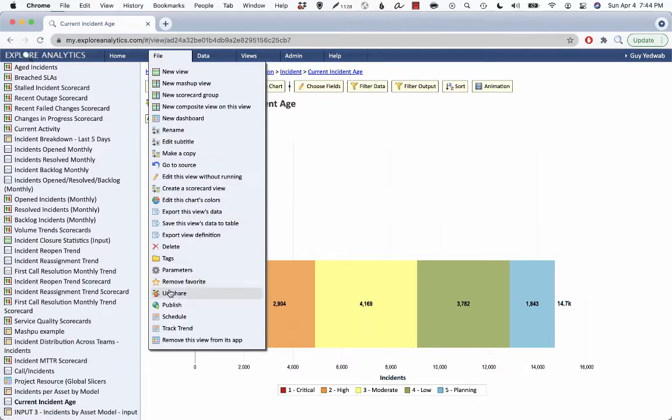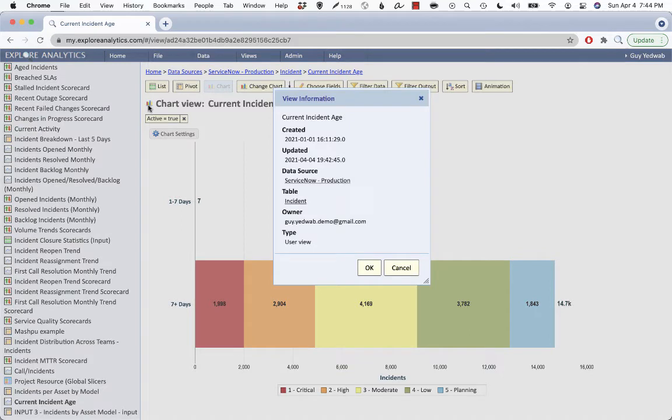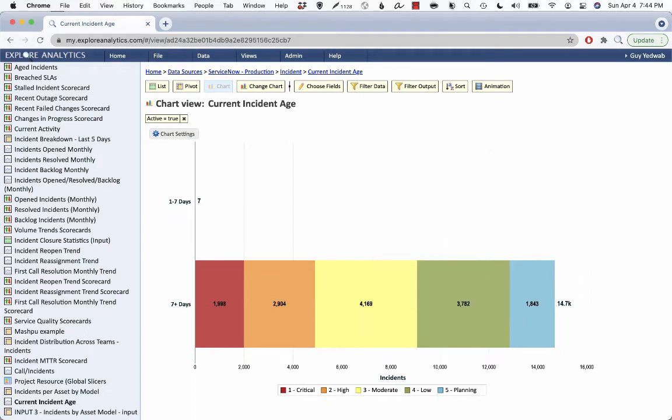Now, if I was to unshare this, you'll see that now this no longer shows that share icon. It's showing just the bar chart report icon. And when I select view information, now instead of owner shared, it says that it's owned by me. Cool. So these are all some interesting tools that you can look at when you're looking at an individual report,